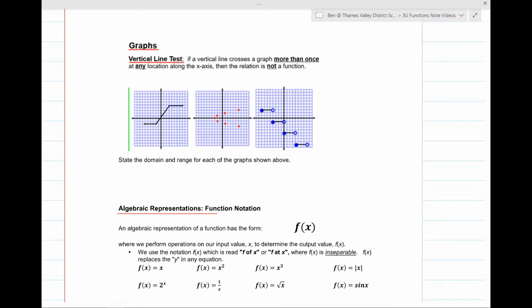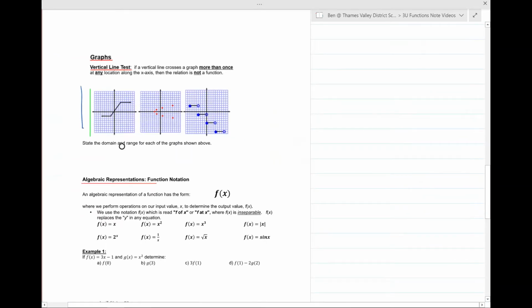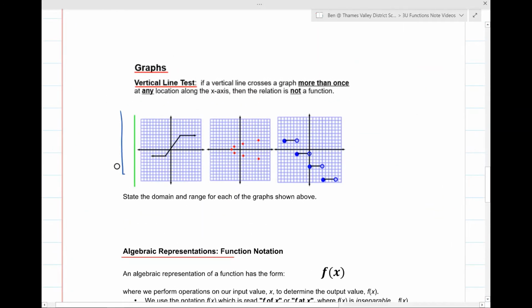Now, if we're looking at a graph, we can't necessarily list off all of the terms that we're considering. But we do have a way of checking to see if a relation is a function or not, and that's called the vertical line test, wherein we work with a line here. We work with just one line, and we consider this line being pulled across our function. So if we were to keep drawing our line across the function, we should be able to see if our line is crossing the function more than once. If it ever is crossing the function more than once, then the entire thing is not a function,